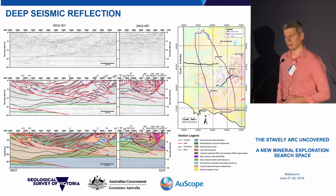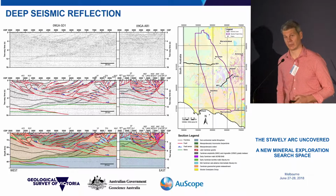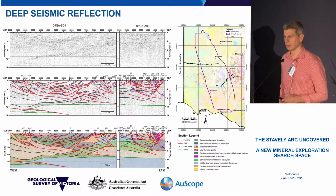And so consequently, there was support there for 2009, and that was done in collaboration with Geoscience Australia, AusScope, and also the department from South Australia. The line just goes over the border. And just as of about 8 weeks ago, we finished a deep seismic transect in northeast Victoria,